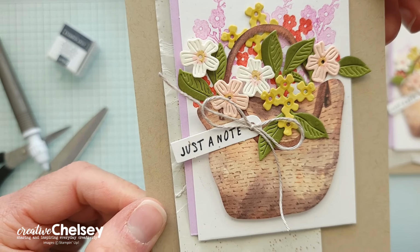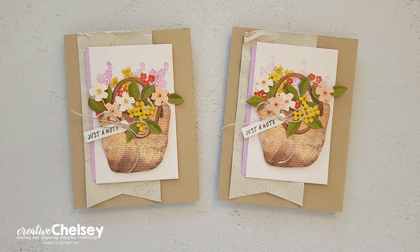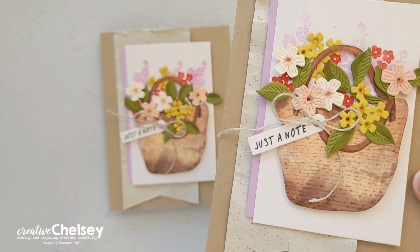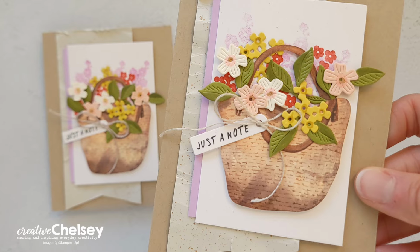So cute. Love it. Well, I hope you enjoyed watching me create this beautiful card today using some die cuts, stamps, and then the pieces from the kit. If you're interested in seeing written instructions or close-up images on how I created this card, you can visit my